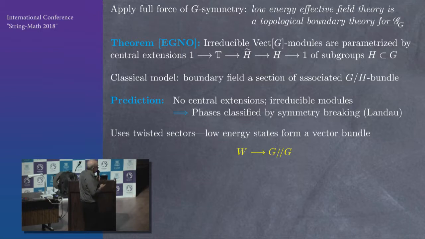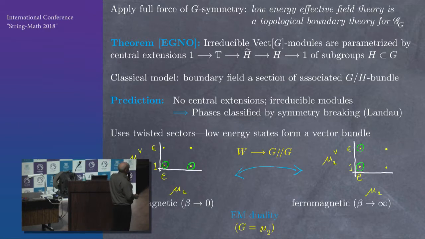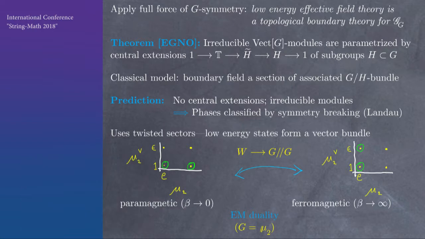Okay. So we use the twisted sectors to see what they are. And so in the Ising model, there were 2 different topological field theories one gets. And so here is the high temperature phase. Here's the untwisted sector. Here's the twisted sector. But in the high temperature phase, the thing is totally random. And so there's a unique low energy state in each sector.